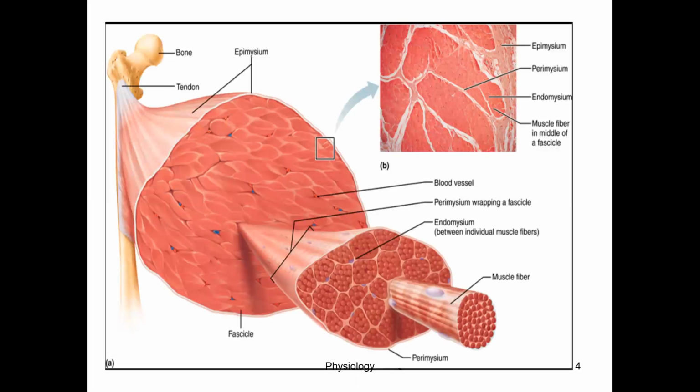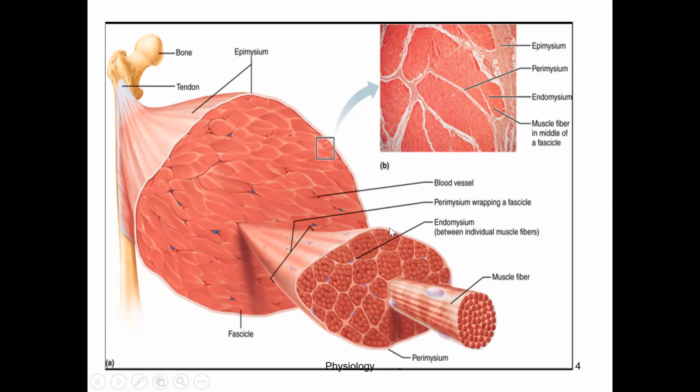So let us see what is meant by muscle spindle. You know that each muscle consists of different groups of muscle fibers. Suppose here you can see that this is a skeletal muscle consisting of different groups of muscle fibers, and a group of muscle fibers is called a fascicle. So this is a fascicle, and each fascicle contains different muscle fibers. So the muscle fiber, then fascicle, and then the individual muscle.